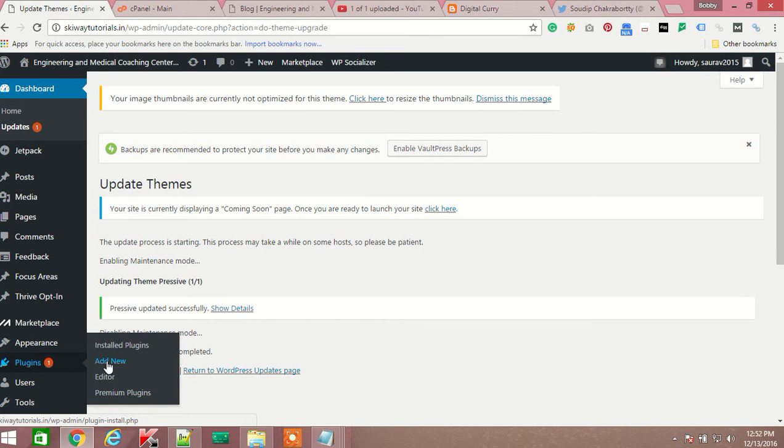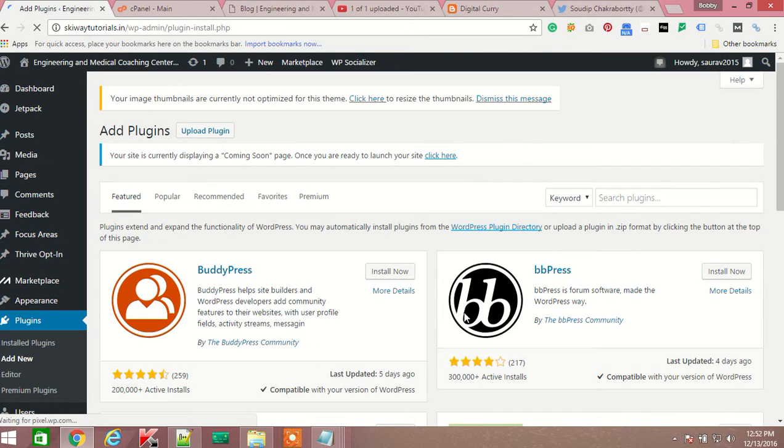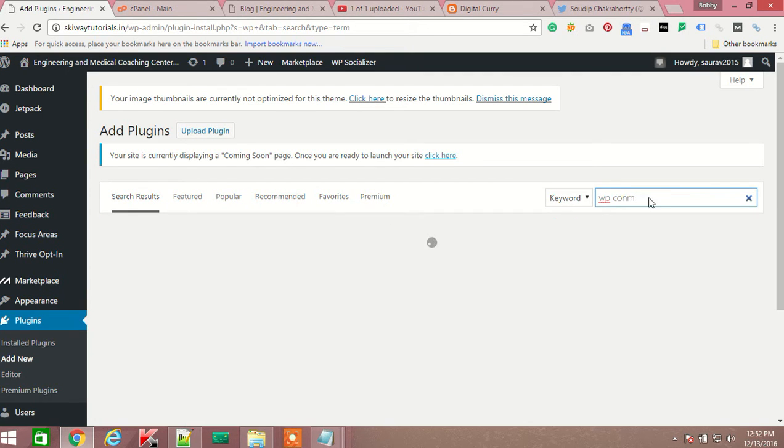All you need to do is press the option called Add New. Then search for WP construction mode, WP construction code.